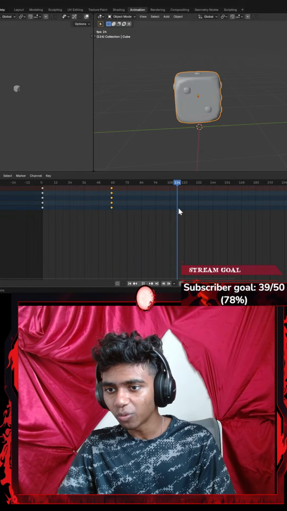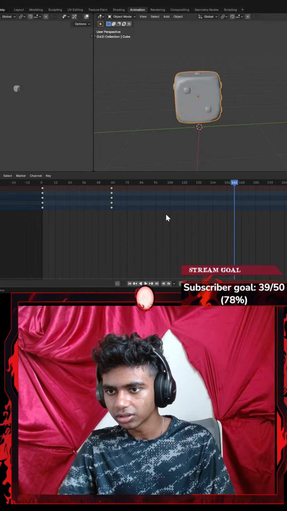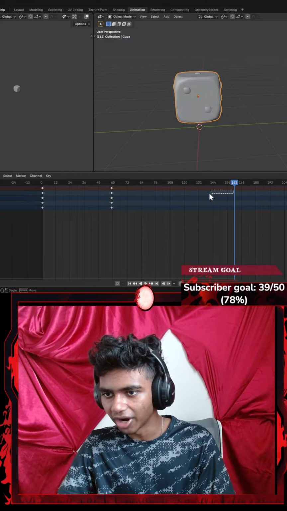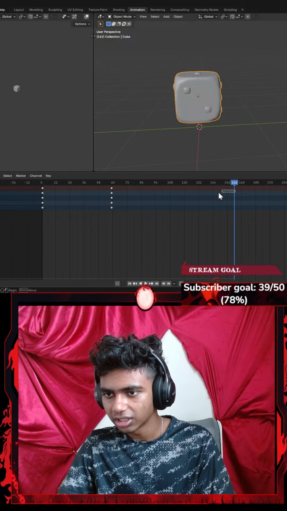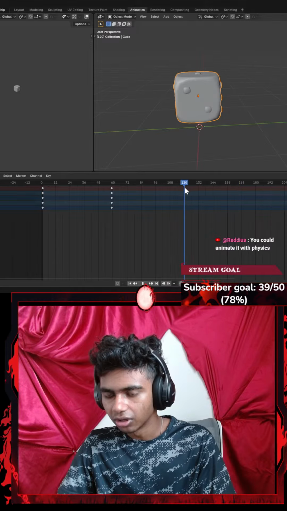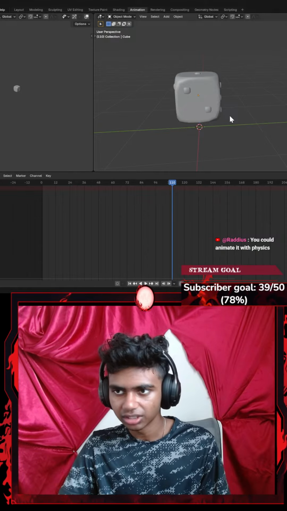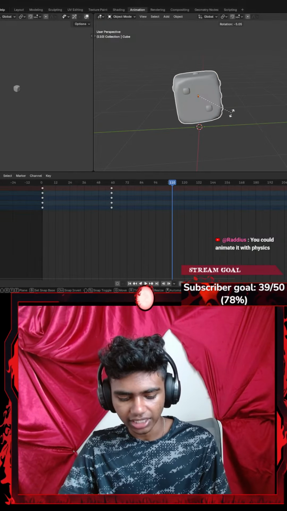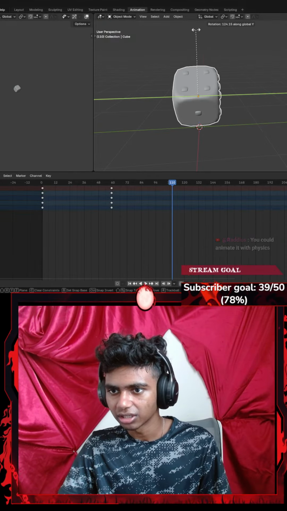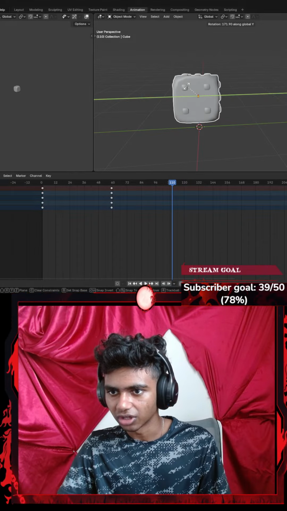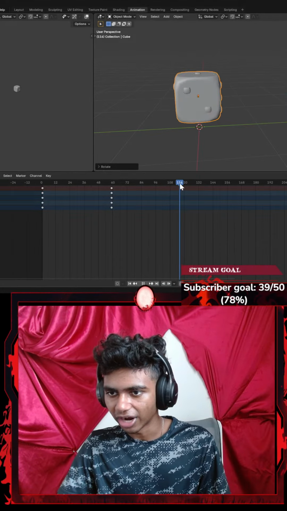And then next up at 120, I want to go at 120. There we go. Let's go ahead and grab that to be at 120. Now at 120, I want to go with something like A to select all, R and Y to spin an entire rotation. There we go. Okay, and then I'm going to drag this to 120.